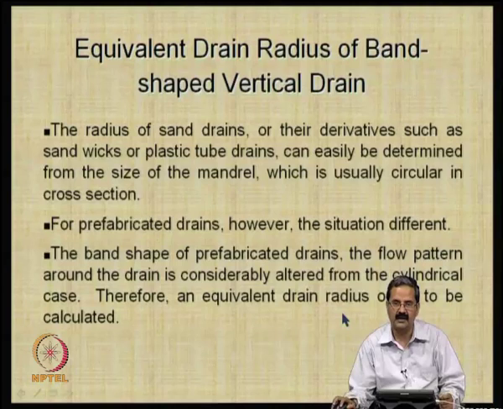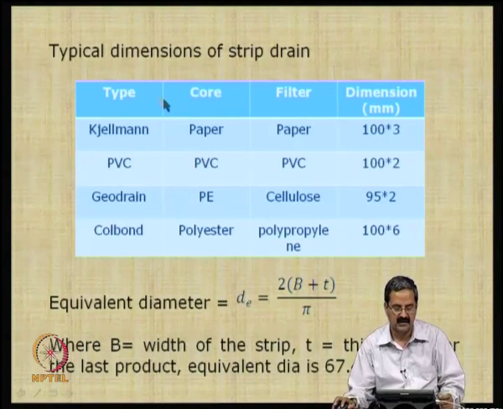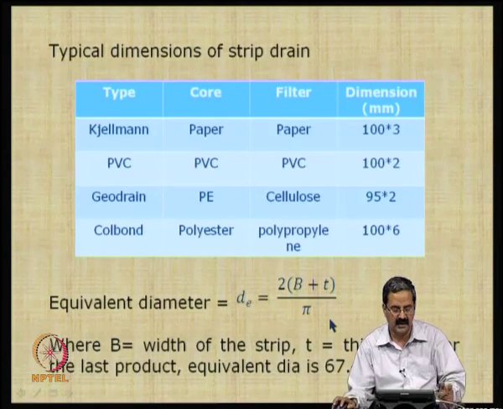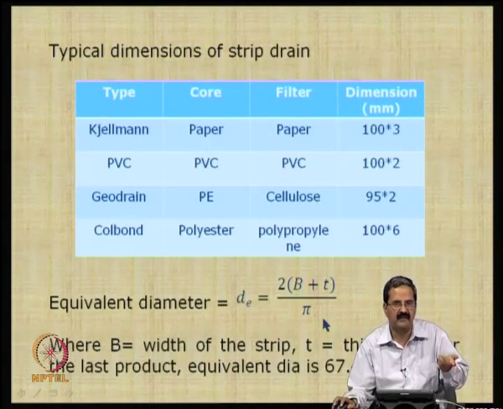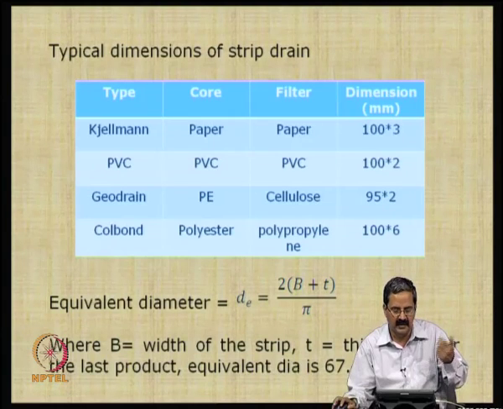So, you have to calculate the equivalent radius. As I just mentioned, these are some examples of the PVDs. You can calculate the effective diameter with an expression like this, and once you know this d_e, you can also calculate the effective drain